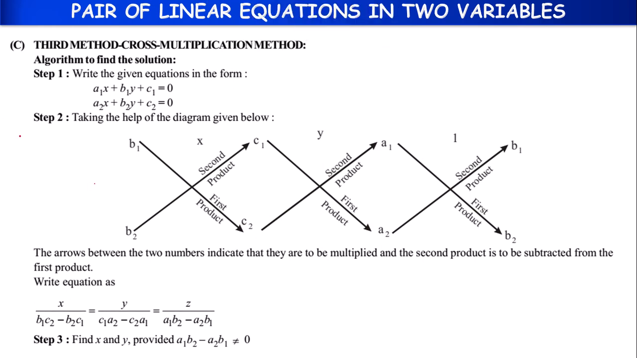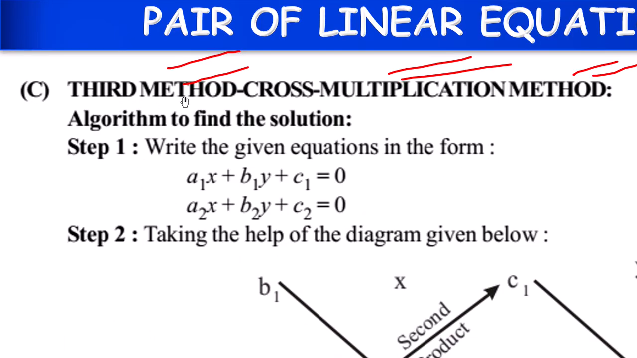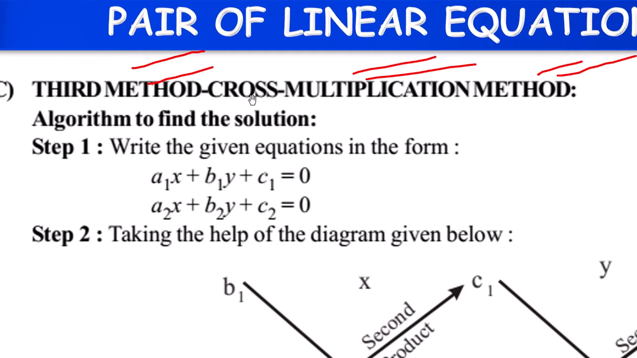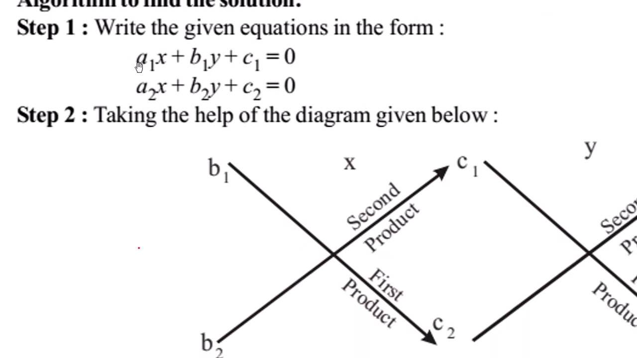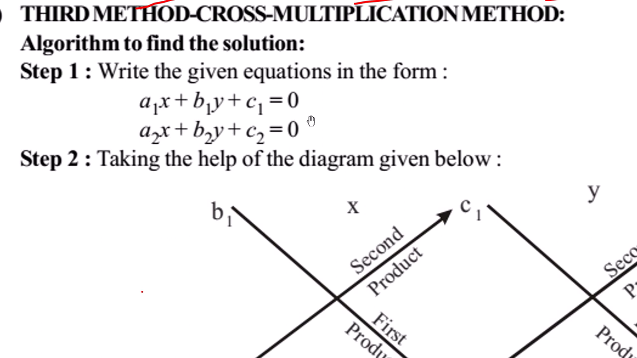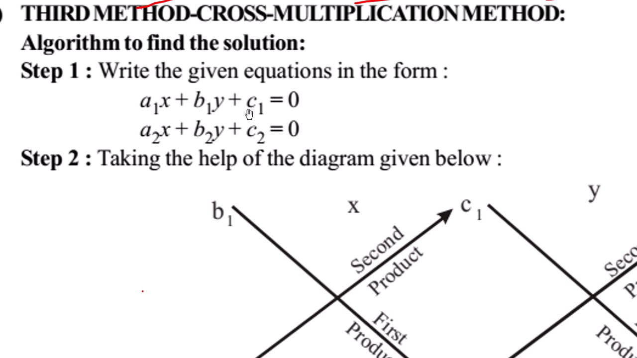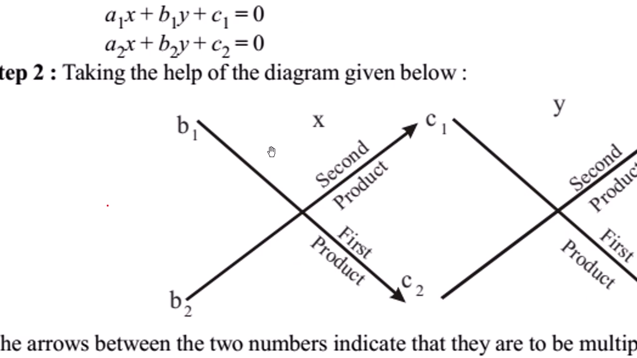Next, we have the third method for solving a pair of linear equations in two variables. We have the third method, children, which is known as the cross multiplication method. The method name is cross multiplication method. Suppose we have a pair of linear equations in standard form like this: a1x plus b1y plus c1 equals 0, a2x plus b2y plus c2 equals 0. So what we can do means,